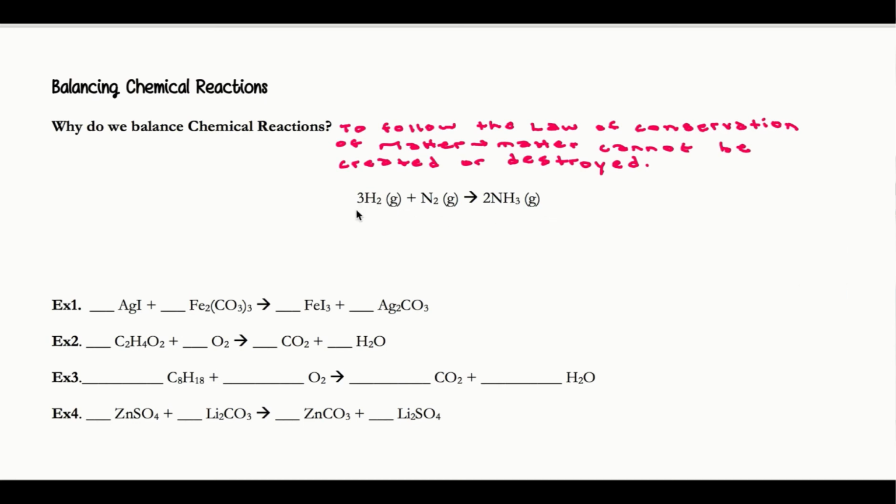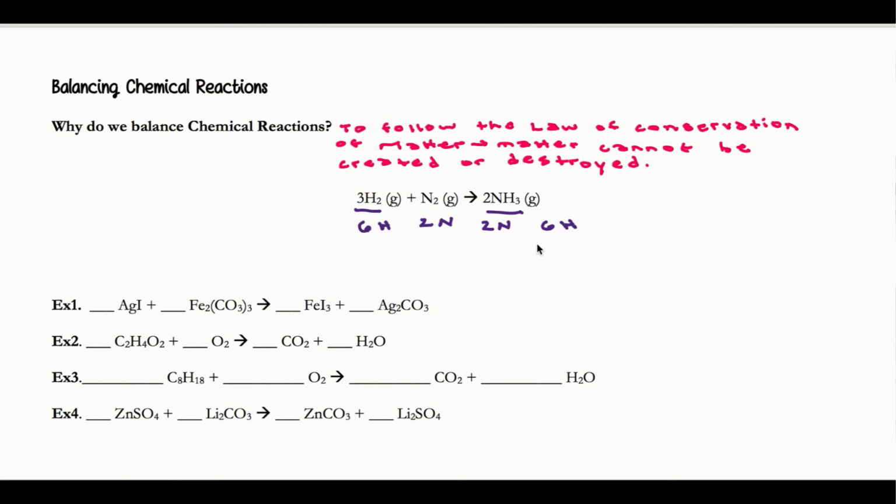All right. So if you notice for hydrogen here, I've got a 3 coefficient and a 2 subscript. So in order to determine the number of atoms that I have of hydrogen, I'm going to take a 3 and I'm going to multiply it by 2. So I know I have 6 hydrogen atoms. I have 2 nitrogen atoms. Okay? And then looking here at NH3, this 3 behind hydrogen only applies to hydrogen. Okay? So the 2 applies to both the nitrogen and the hydrogen. So I have 2 nitrogens, because the nitrogen doesn't have a subscript, and I have 6, because 2 times 3,